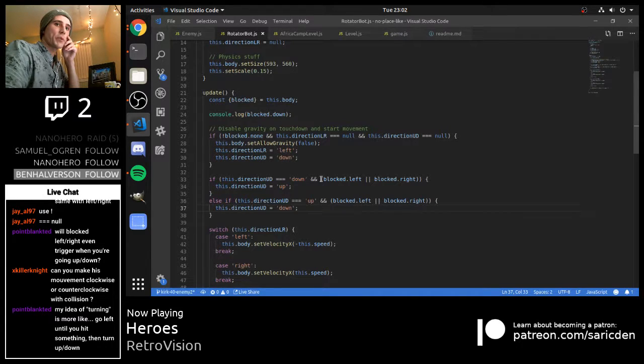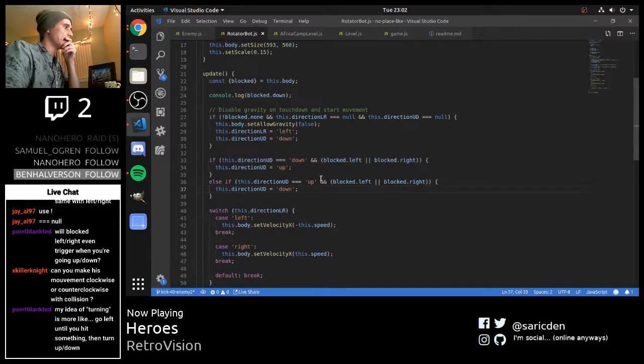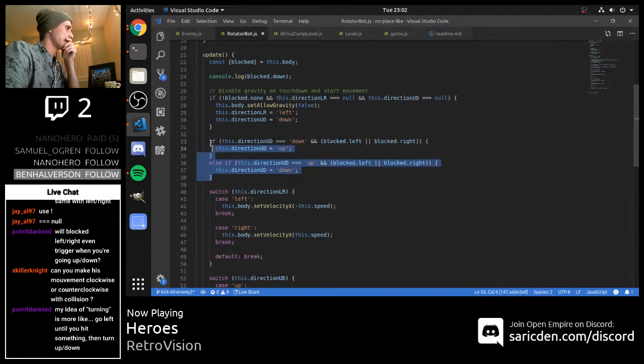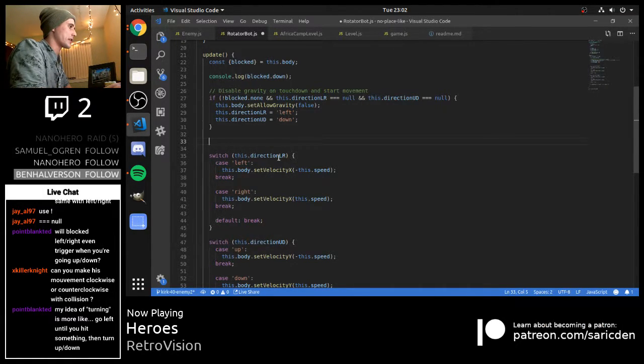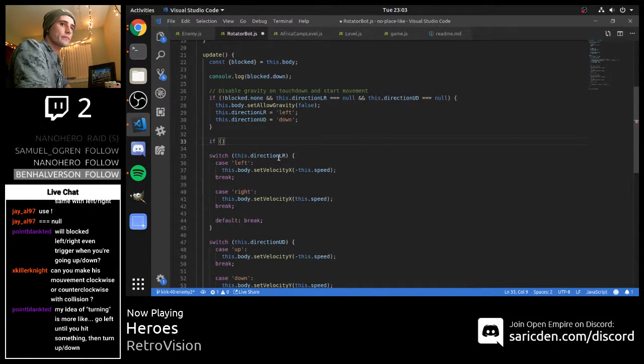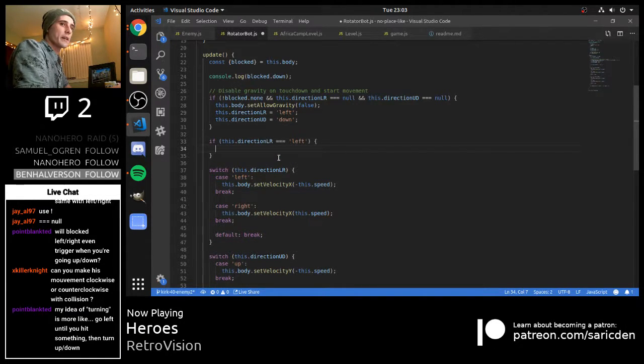Your idea of turning is more like go left until you hit something, then turn up/down. Okay. So go left until you hit something, then turn up/down. Okay, so we initialize it to going left down, then we'll say if this dot direction LR equals left. So if he's moving left, and we'll say